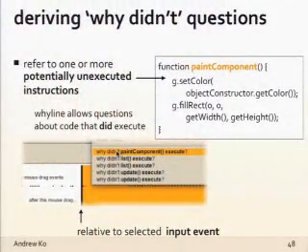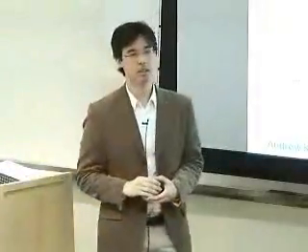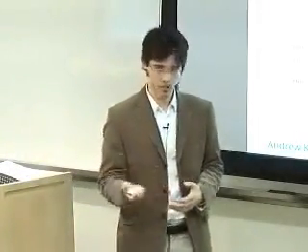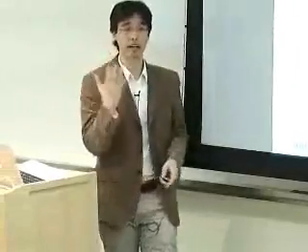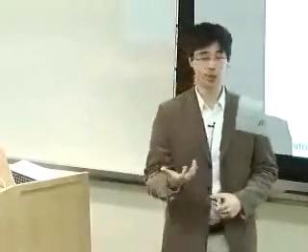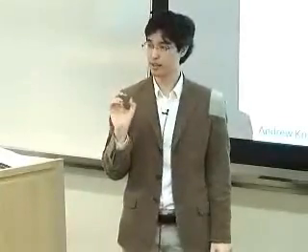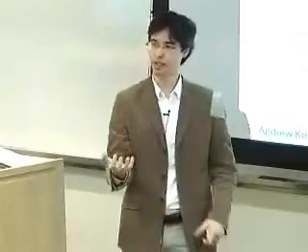For the why didn't questions, yes? Do you mean last assigned to, for example? Yes, last assigned to some expression that recently assigned to something else. The why didn't questions refer to some unexecuted instruction, one or more of them potentially. If we wonder why a field didn't get reassigned, there may be many potential assignments in the source code to it. And then along with that, some particular time at which we expected that instruction to execute. And then for some questions, it might also have some particular object in the heap that it's referring to. So if we're asking about a certain button on screen, we want to make sure that the question is analyzed from the perspective of that particular button and not other buttons.